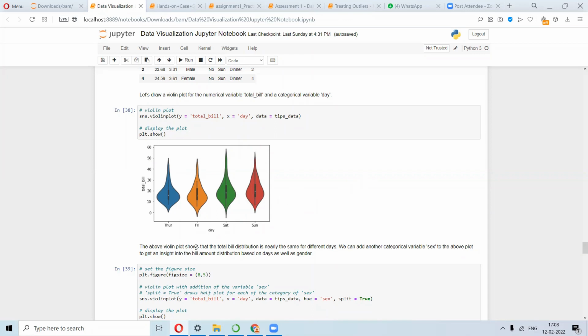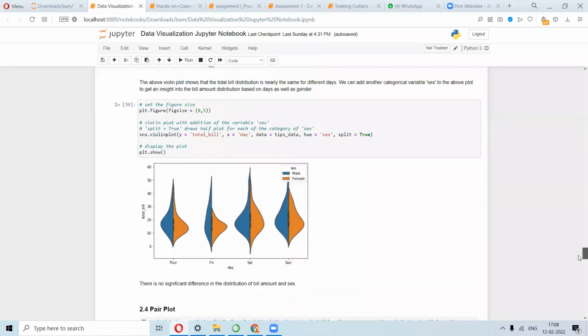Yeah, so the above violin plot shows the total distribution is nearly the same for different days. The distribution more or less is the same, but we can add another categorical variable to the above plot, where things get more interesting.